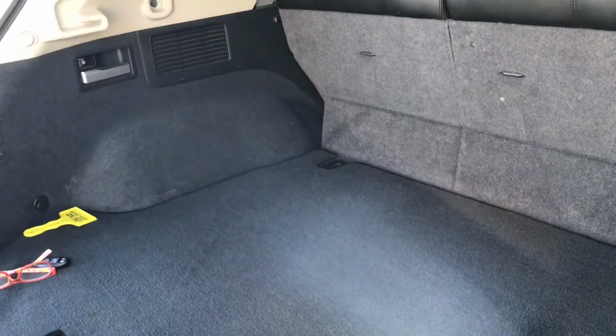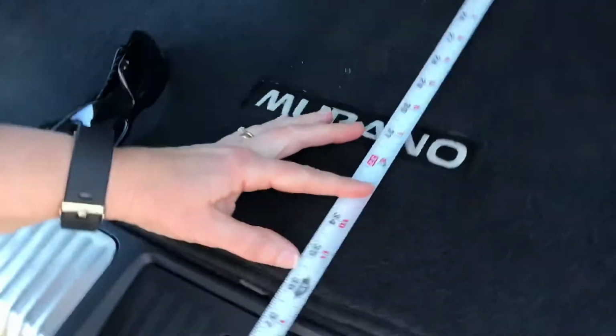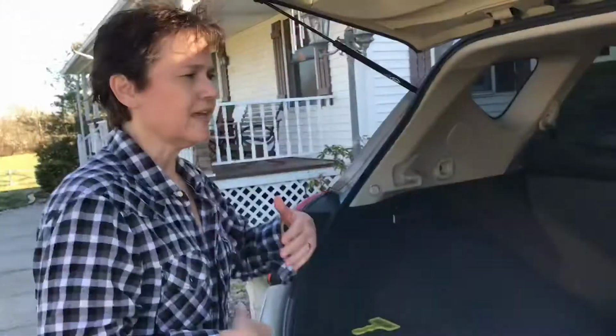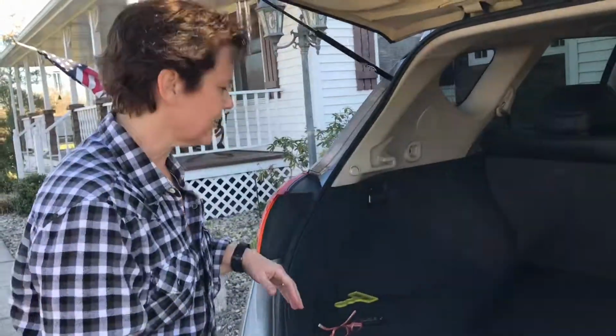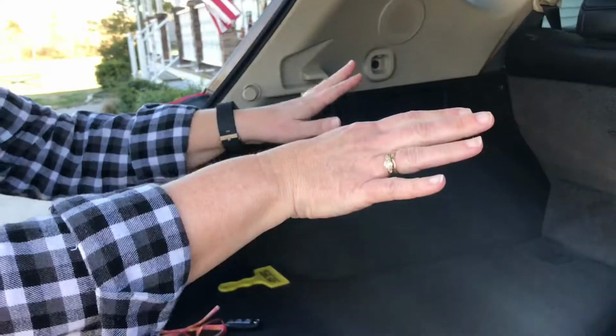And then from side to side, from wheel well to wheel well, if that's what you call it, what is that? 44. 44 inches. And then front to back, it was, what is that, 3 foot? 36. 36 inches. To extend the space in the trunk, we knew you could drop the seats down in the back,